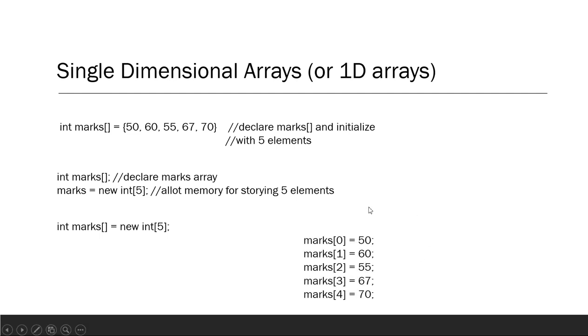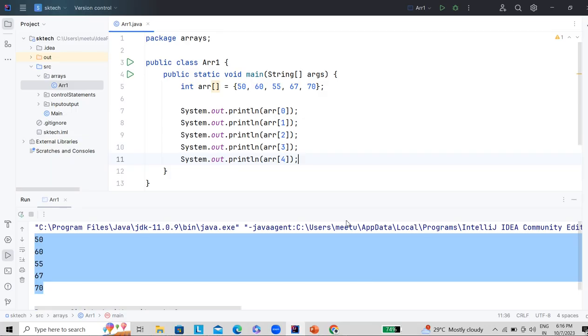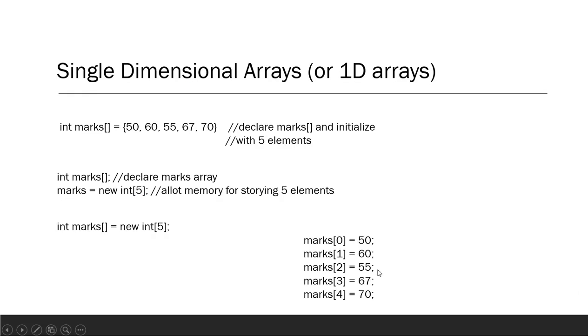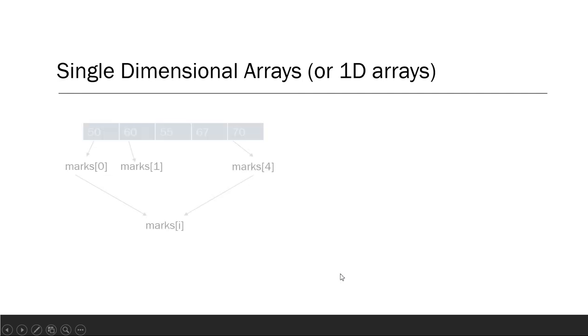And this is the way, while inserting the records in all the 5 elements, we write marks 0, then the value, and then 1, then 2, and so on up to the fourth index. So here we are storing the element on each index manually, right? If you have created the array and you are storing or getting the values like this, there is no use of an array basically. So if you observe here,